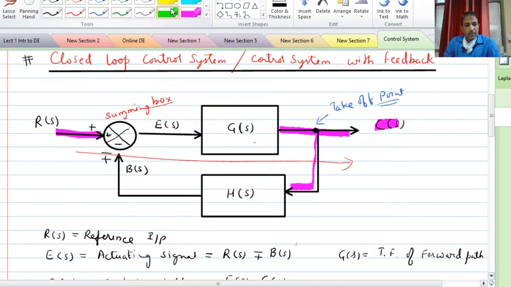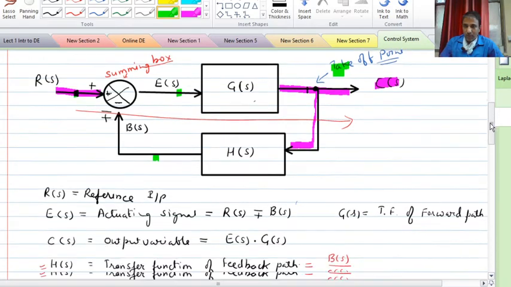That is, this takeoff point can be at this position, can be at this position, can be at this position, can be at this position. Anywhere it can exist, and according to the existence of this takeoff point, from where we are taking our signal, that will affect our system. Okay, so we will now study its